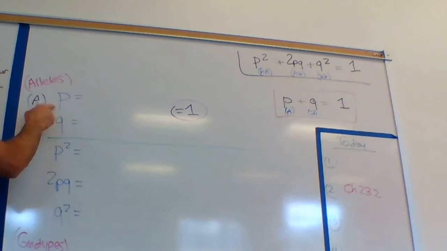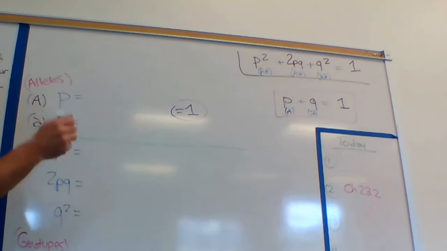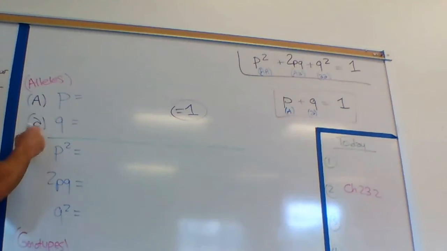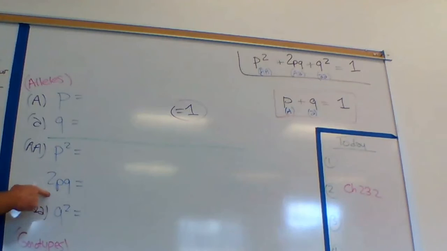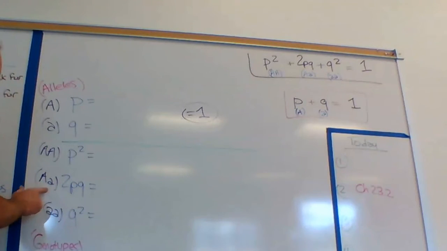Likewise, down here, if P is our algebraic representative for our large letter, which is the dominant allele in the cells of the population, then what is P squared? Well, that's just big A, big A. And what is Q squared? That's just little a, little a. This one's a little tricky. P times Q is big A, little a. And so they had to, I get it, put a coefficient in front, but we're going to let them deal with that. We're just going to put big A, little a.